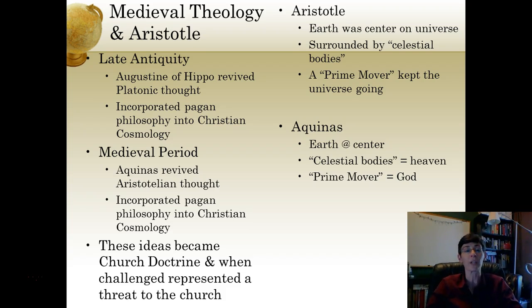So during the medieval period, Aquinas revived Aristotelian thought, and he incorporated that pagan philosophy into Christian cosmology. These ideas then became church doctrine, when they were challenged and represented a threat to the church. So when these things were causing problems for the church, if you can't beat them, join them. They found ways to incorporate these ideas into church doctrine to make people feel more comfortable about church doctrine and